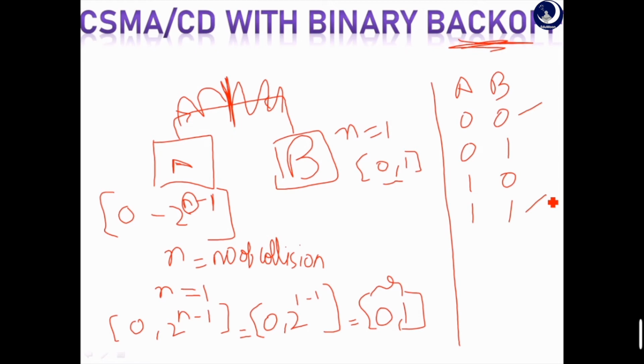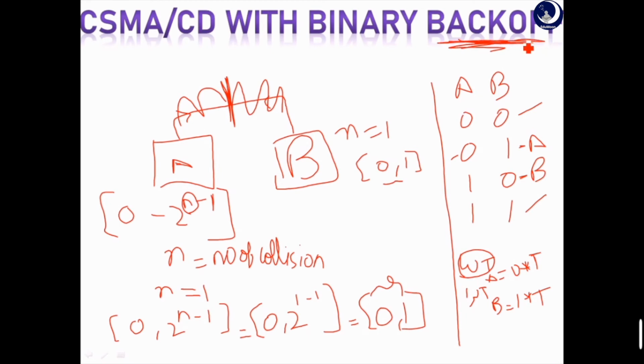The waiting time is equal to the value multiplied by the time slot. So here the waiting time of A is 0 times the time slot, so A will be transmitting the data. Whereas the waiting time of B is 1 times the time slot, so B waits while A transmits. This is how the collision can be solved. Here, as we are using a waiting time, which is known as backoff, we name it the backoff algorithm.